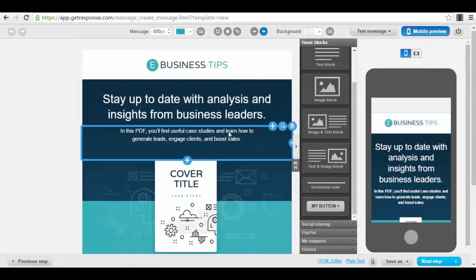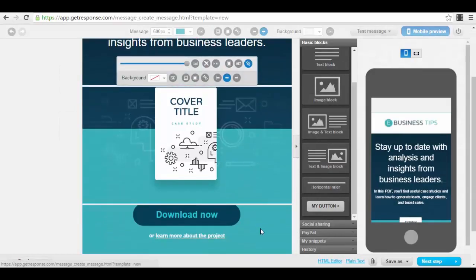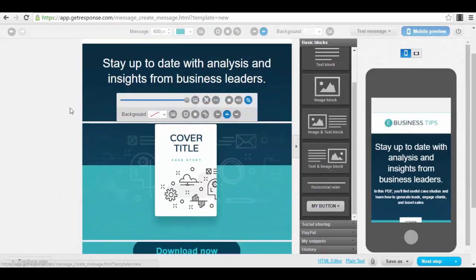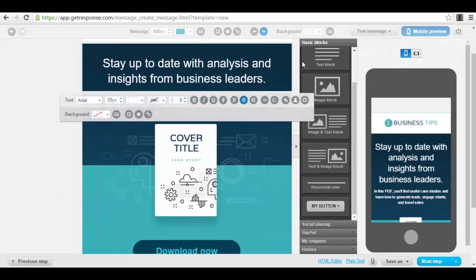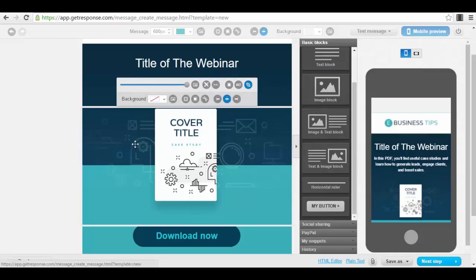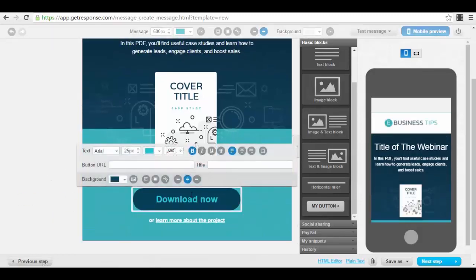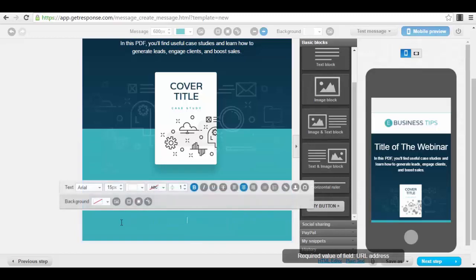And as you can see here, all these blocks are editable. All these blocks that you see here, you can edit practically all of them. Put a name, make it look however you want, like the title of the webinar or something like that. After that, maybe you want to delete this part, or maybe you want to replace it. It doesn't matter. You want to leave this button. Maybe you want to add, for example, a PayPal button right here for an offer. You are selling something at the end of the webinar. You can type this up.